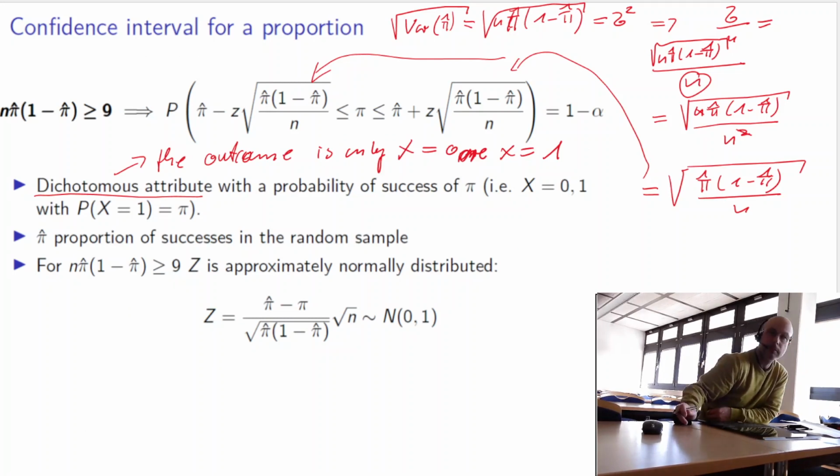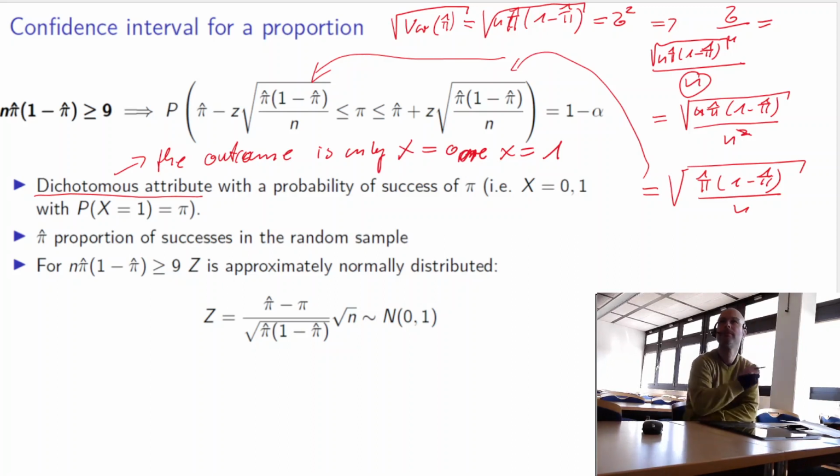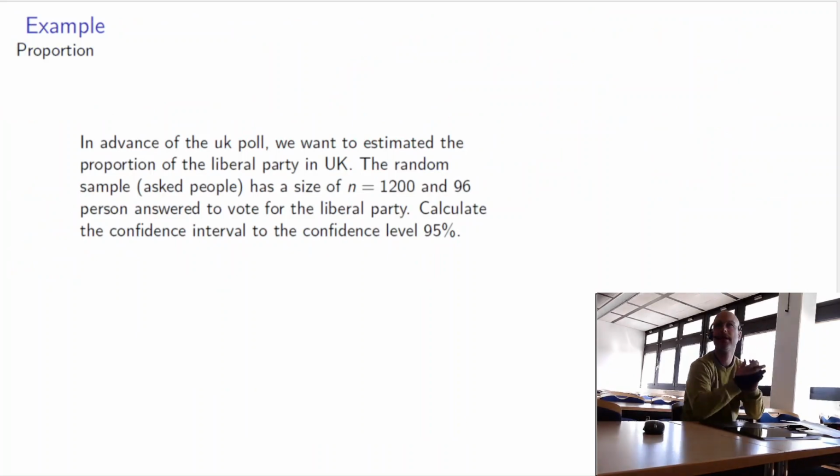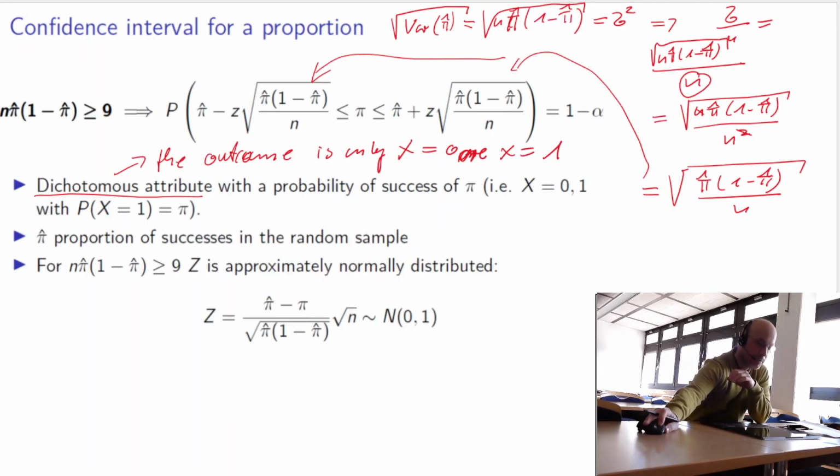So we are then at the end of our lecture today, and for Thursday you obtain another homework, where you should take this formula of a Bernoulli experiment of a dichotomous attribute,